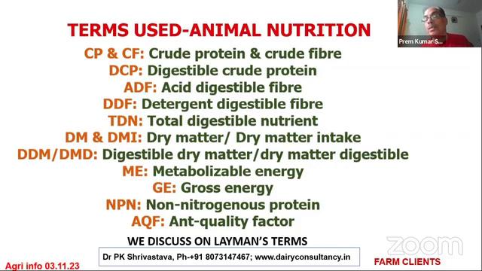Digestibility is only 50%. It means that out of 900 grams, the cow is going to get only 450 grams. The cow's digestibility is 450 grams of 1 kg feed. So where is the rest going? It is going into the dung, so it is not being converted into milk, right?